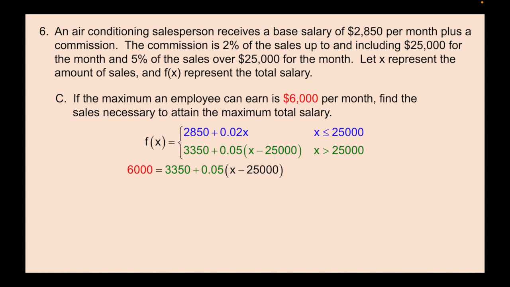And so we set 6,000 equal to that bottom expression, and then algebraically you're going to solve. So we'll subtract this, I would divide by the 0.05, and then finally add 25,000 over, and that's going to give us $78,000. So if the person was earning $6,000 per month, that means that they needed to sell $78,000